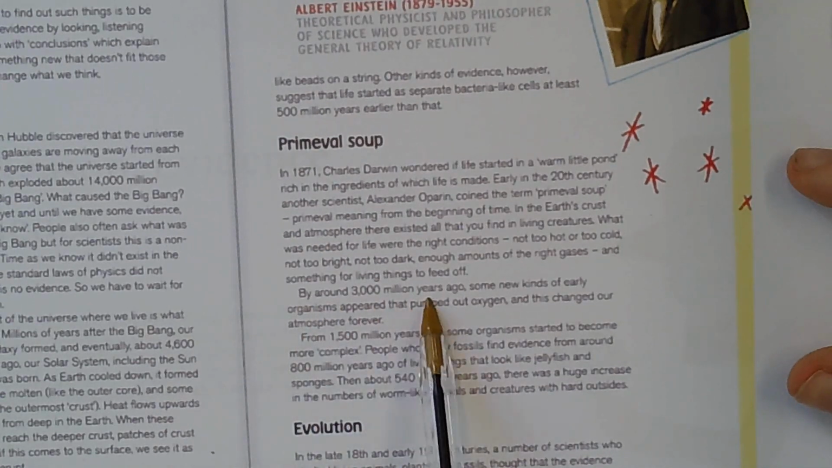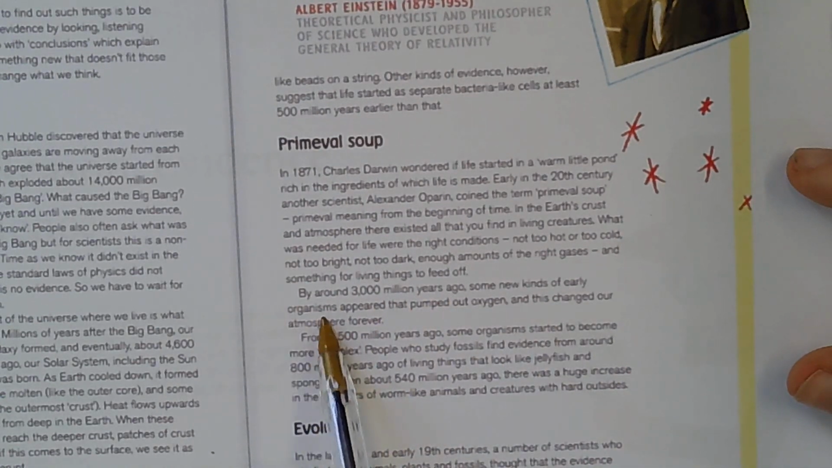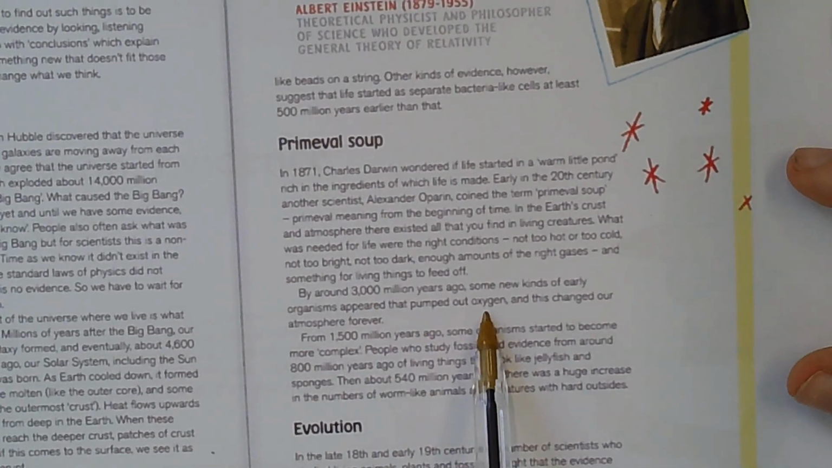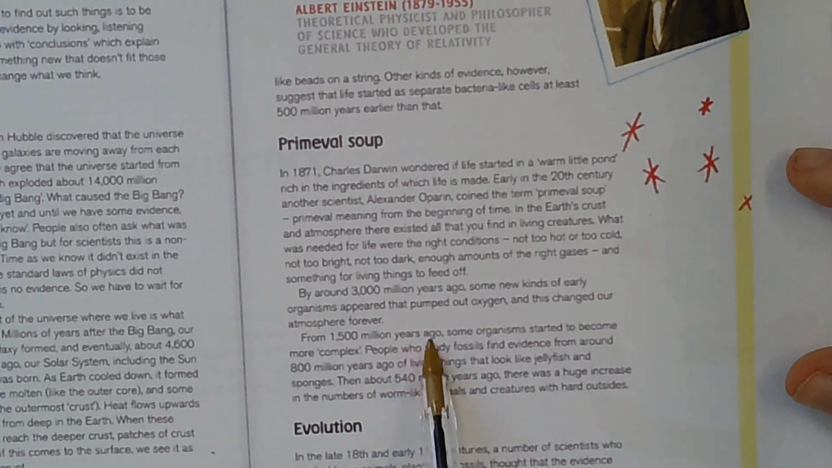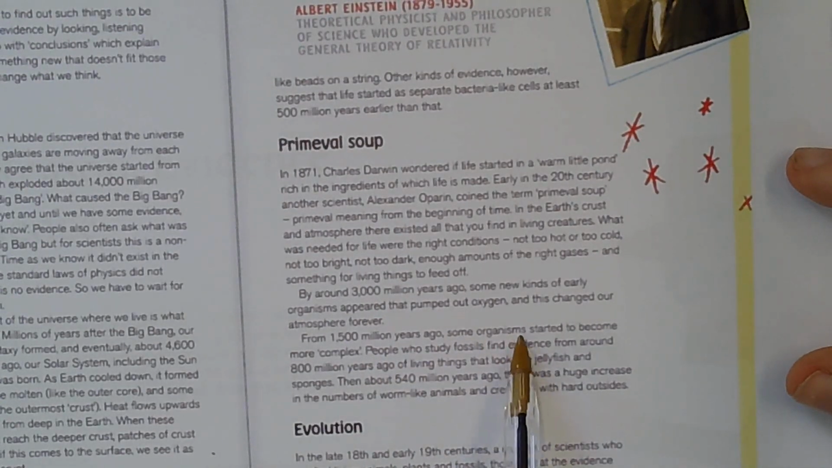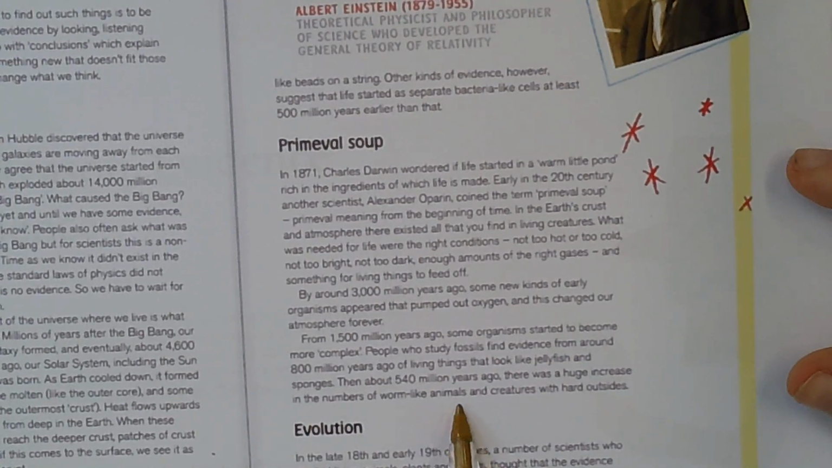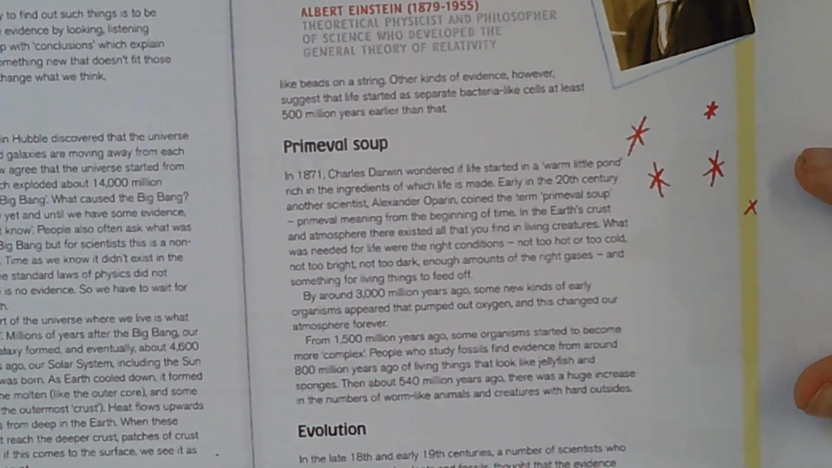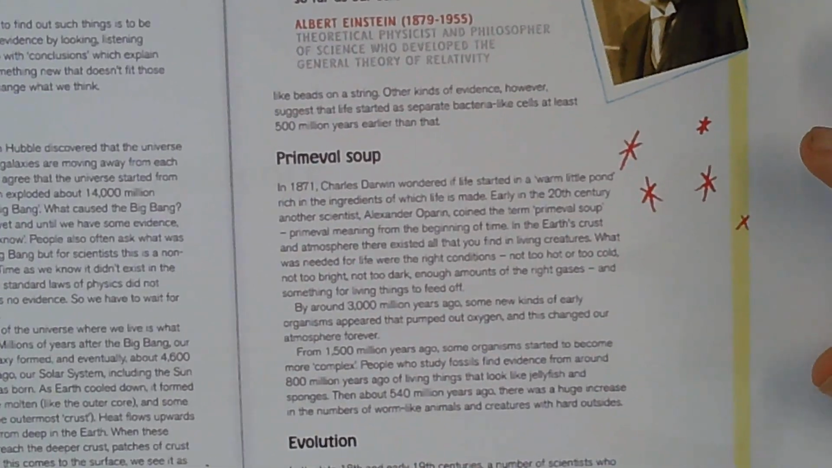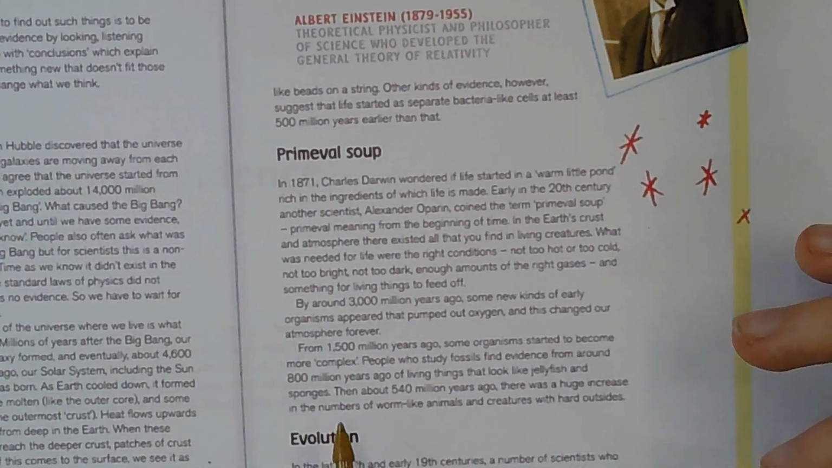By around 3,000 million years ago, some new kinds of early organisms appeared that pumped out oxygen, and this changed our atmosphere forever. From 1,500 million years ago, some organisms started to become more complex. People who study fossils find evidence from around 800 million years ago of living things that look like jellyfish and sponges. Then about 540 million years ago, there was a huge increase in the numbers of worm-like animals and creatures with hard outsides. So we can see how animals and organisms and living things developed over time. And evolution